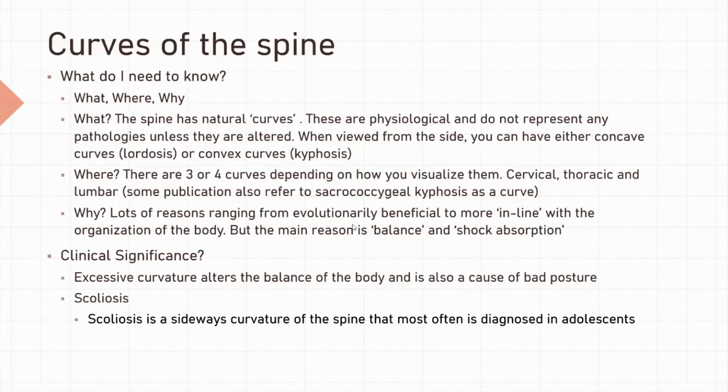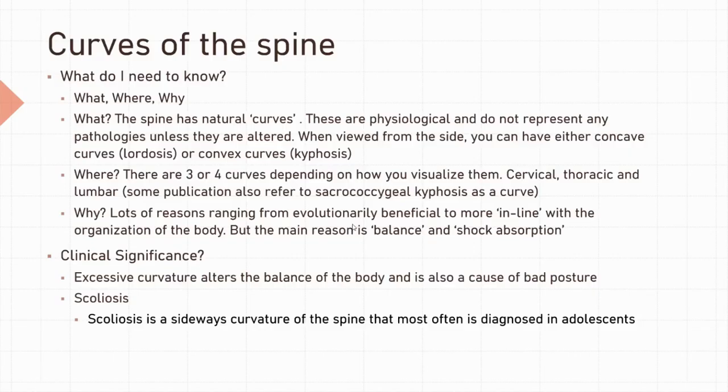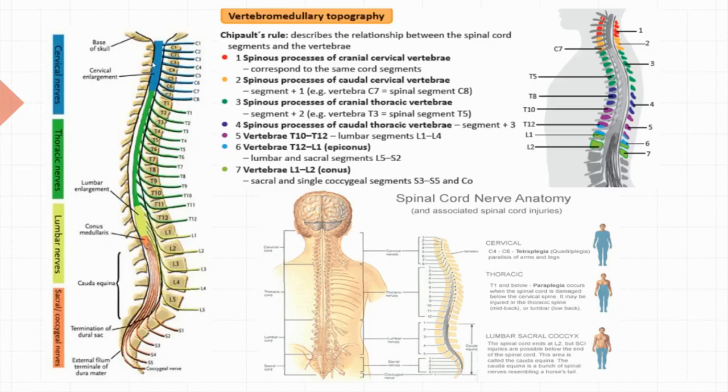Nice. With that, we move on to curves of the spine. Now, curves of the spine is fairly straightforward. It is the physiological curves. So when it comes to that, you just need to answer what, where, and why they exist. What are they? They are physiological curves, and they do not represent any pathologies unless they are excessively curved, right? So when you view it from the side, as you can see in this picture, you have convex curves and concave curves, right? Convex curves going up here and convex going here. You can see,